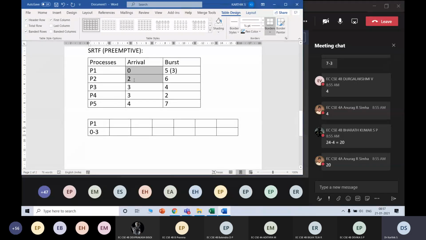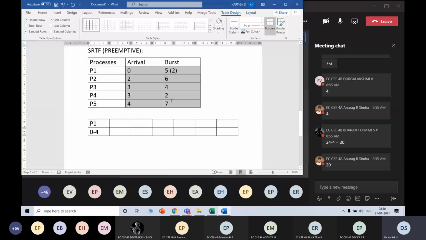When 0 to 3 happens, all these three processes are in existence. P1 has already executed for 3 milliseconds, so its remaining time is 2, which is once again the minimum. It is 2, 6, 4. So no preemption will happen, and P1 further continues. In fact, even this process is in the picture, but there is a tie between P1 and P4, so it makes sense to go with P1 because I can avoid a context switch. P1 still enjoys that benefit. Let it continue for one more millisecond, that is the 4th millisecond.